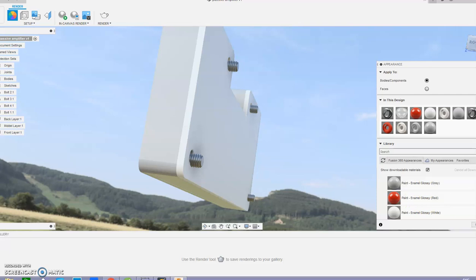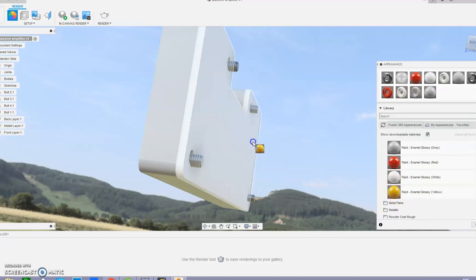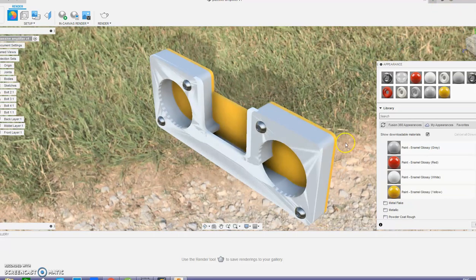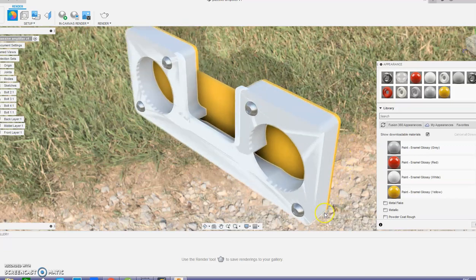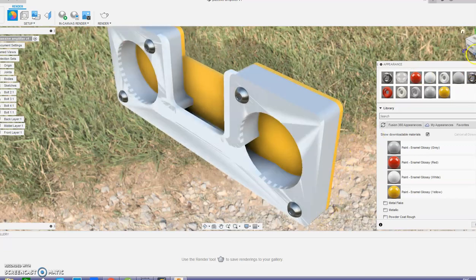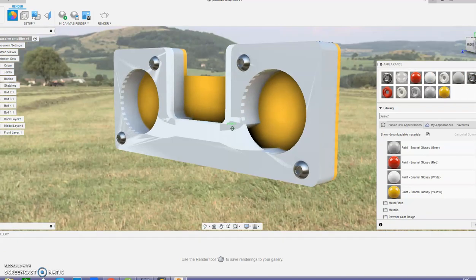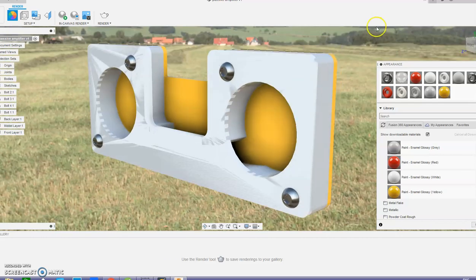If I had a yellow back, go back into that. Now that looks a bit, yeah, it looks quite different. I can do the same again. And if you can see the metallic screws showing through, if I go in canvas render,